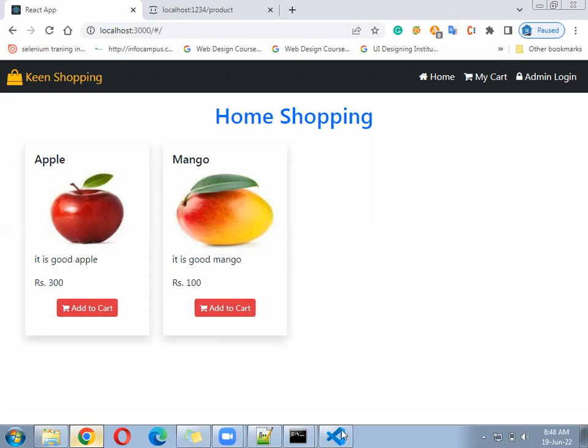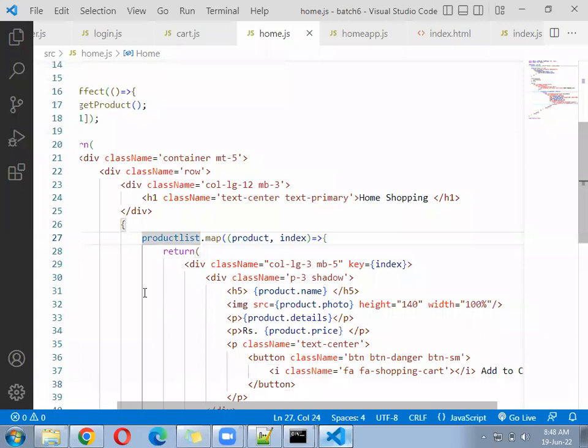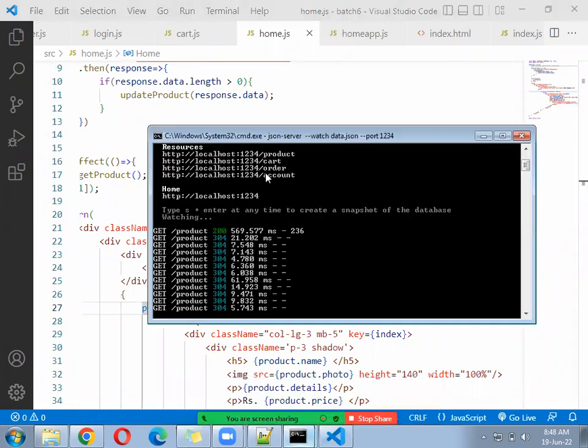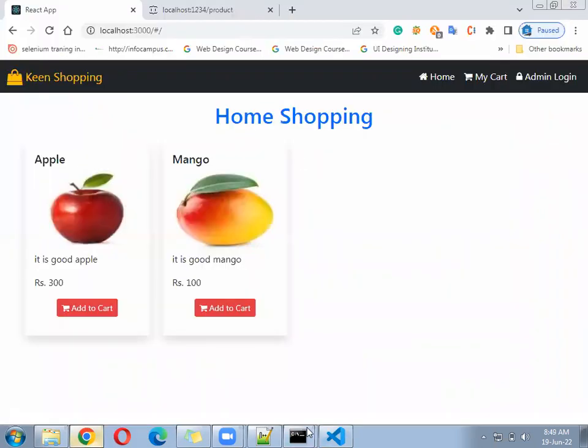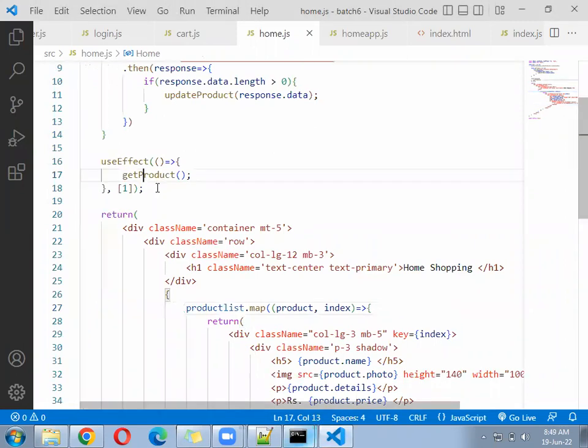We are moving on. Next, we are doing the add to cart functionality. If you look into your JSON server, we already have one API called cart. The cart is empty as of now. Once you do add to cart, one item will get added over there. So let us come inside the code and write a function here called